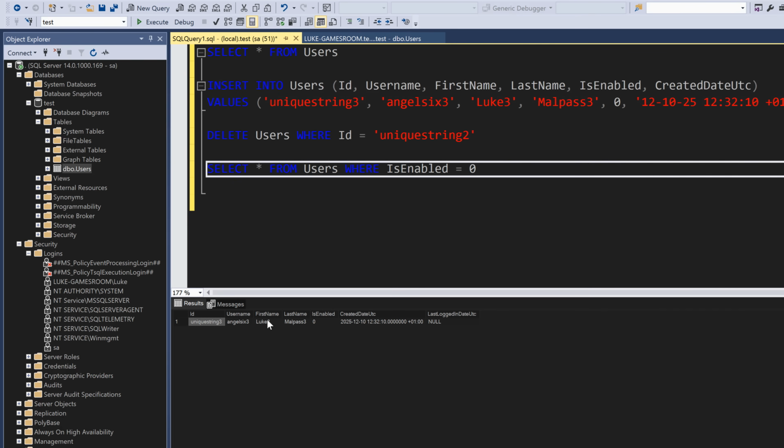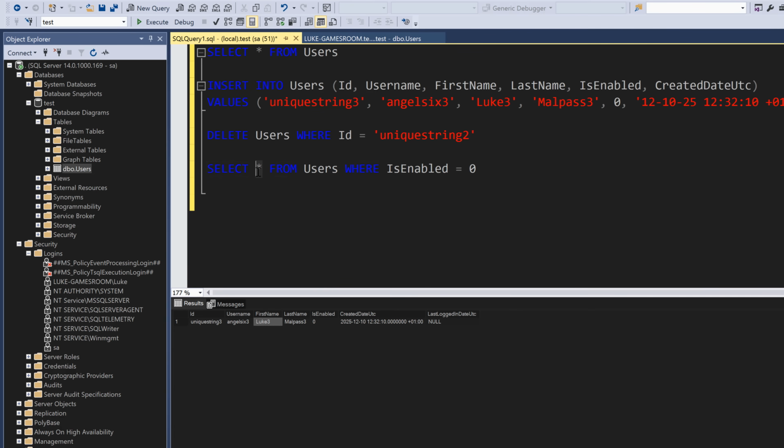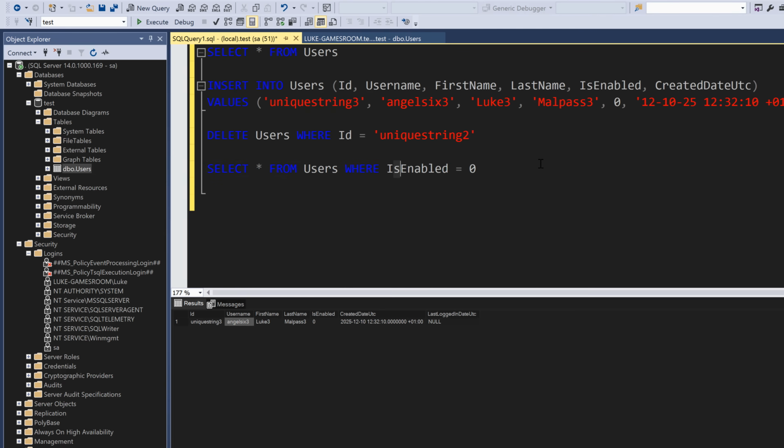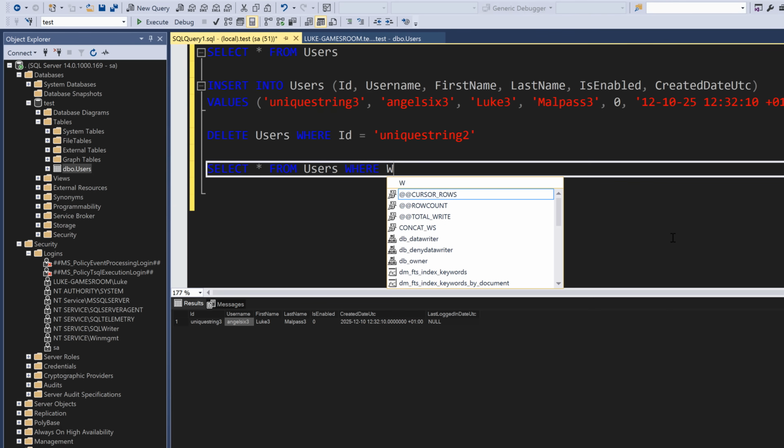So you want to also keep in mind that you don't just want to go and select. This is usually what they say never to do. Never just select everything from a database table, because you want to specifically select just the information you need. So if, say, somebody's signing up to your website and you want them to see if their username is available, you don't want to do select all from users where